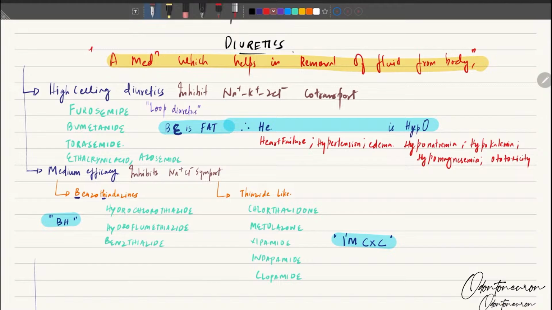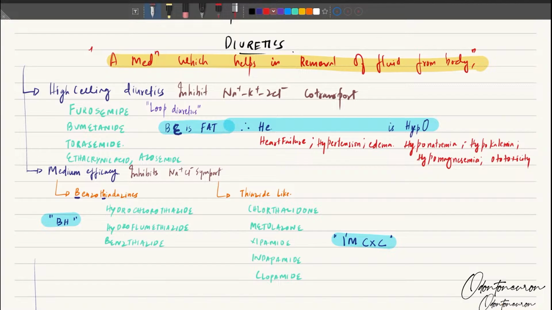When I say fluid, it's not only water. A fluid is something which is a mixture of everything, like electrolytes, solvents, solutes, everything. So it helps to remove the fluid from the body, right? And what is antidiuretics? Antidiuretics are those which help in retention of the fluid, or antidiuretics, which we'll see next